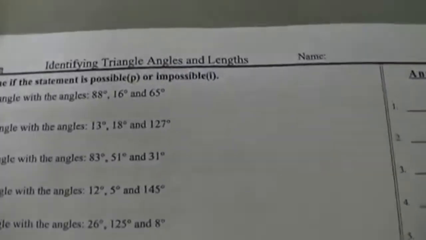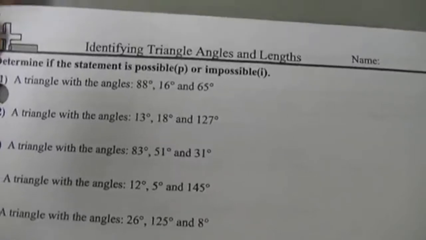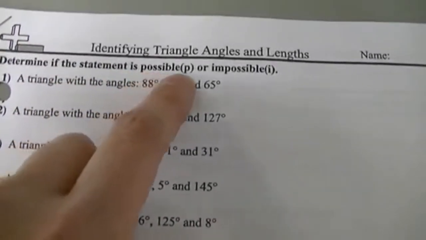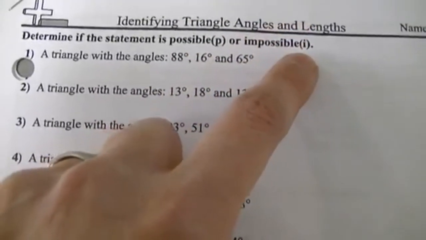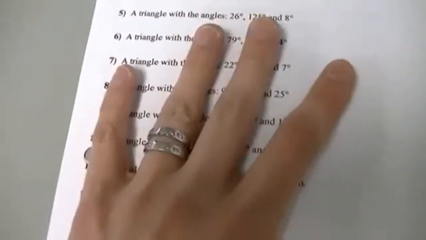Okay, I'm going to show you the answers to the identifying triangle angles and lengths worksheet. The directions say determine if the statement is possible or impossible. So you can abbreviate with a P for possible or an I for impossible. Okay? And if you're curious why this matters and why we had to take these type of notes,